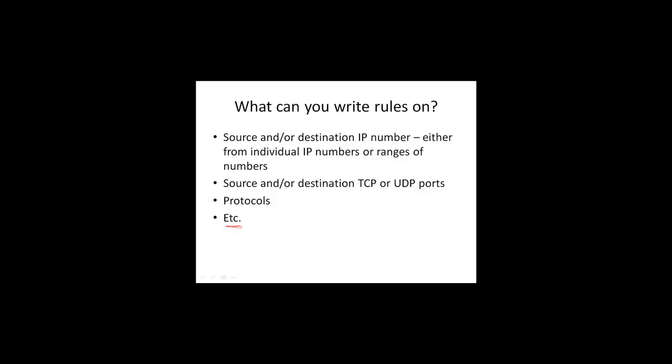Anyway, you can write rules on source and or destination IP numbers, and either a single IP number, or you can do a whole range, a whole network. And there's reasons why you should, and we'll get into this later. There are whole blocks of addresses, whole networks that you should block, both going and coming actually, and I'll talk to you about those. You can also write your rules on source or destination TCP or UDP ports,